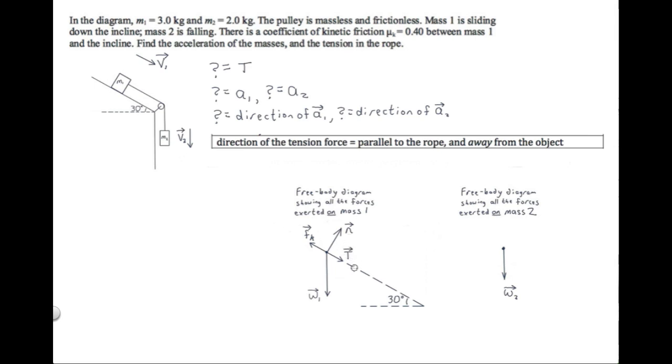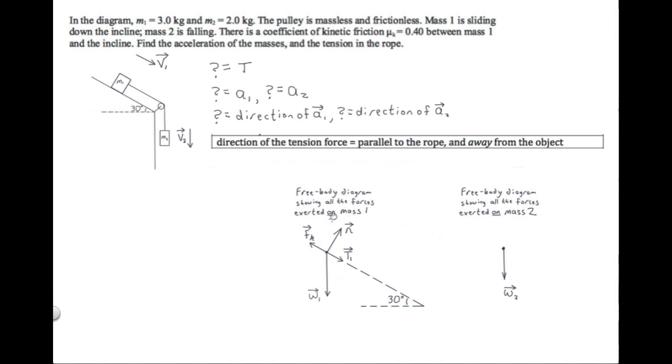So here's our symbol for that. Remember that this would not be a good symbol because we need to distinguish between this tension force and the tension force that we're going to add in a moment for mass 2. So to distinguish, this is the tension force for mass 1, with the subscript. Are there any other forces being exerted on mass 1? Well, is there anything else touching mass 1 besides the incline and the rope? No, nothing else is touching mass 1, so there's no other forces we need to add to the free body